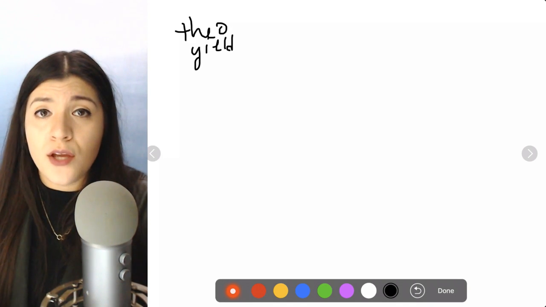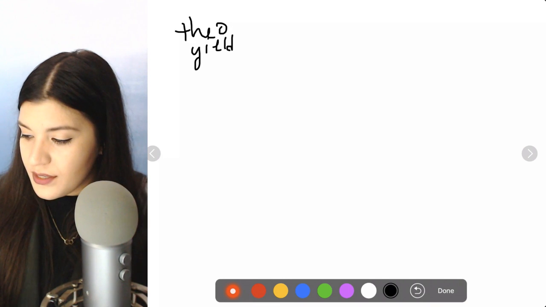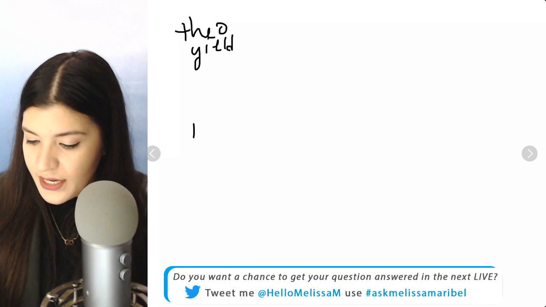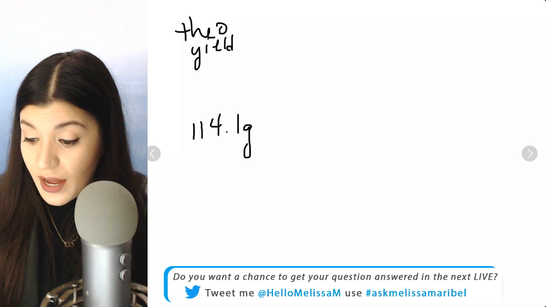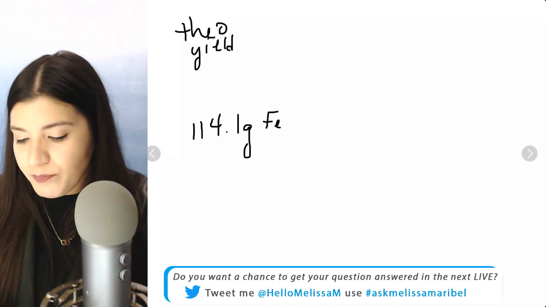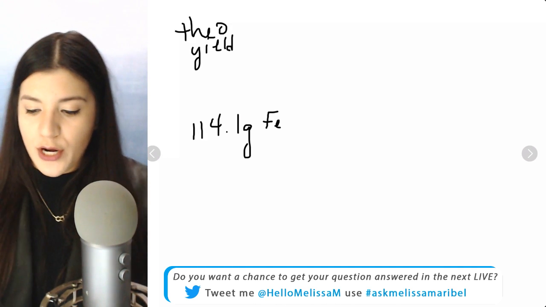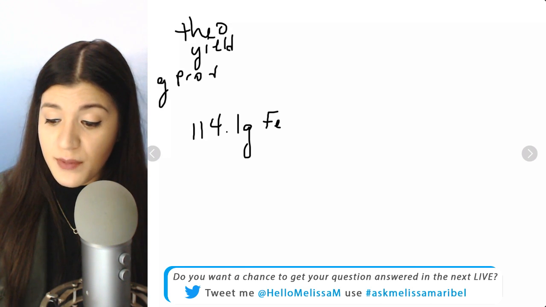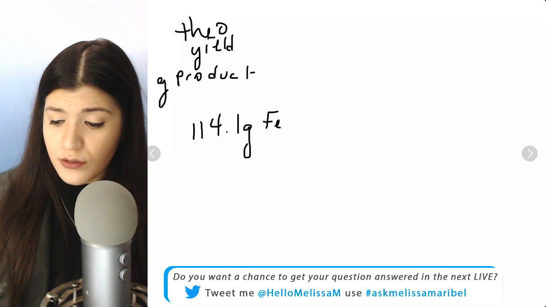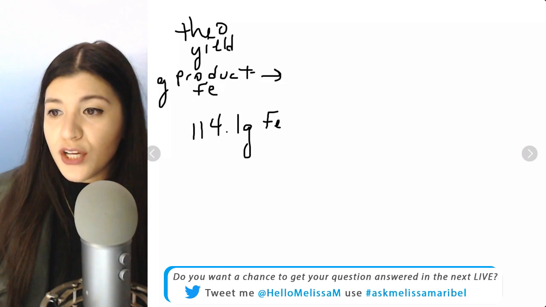So, okay, you're going to start with your theoretical yield that your limiting reactant produced, which we said was 114.1 grams of iron. So that's what we produced. And what we're trying to do is go from grams of our product, which, as I mentioned, was the theoretical yield. So that's iron in this case. And then we're going to go to